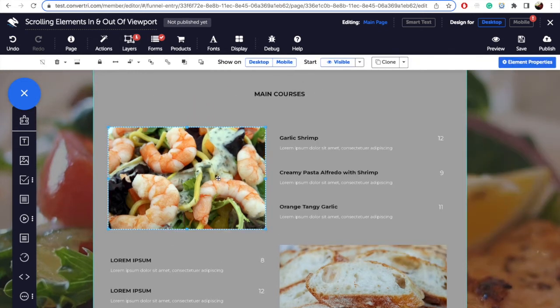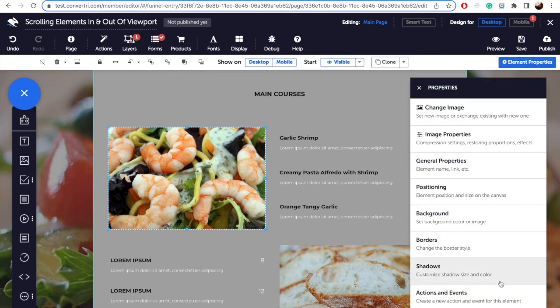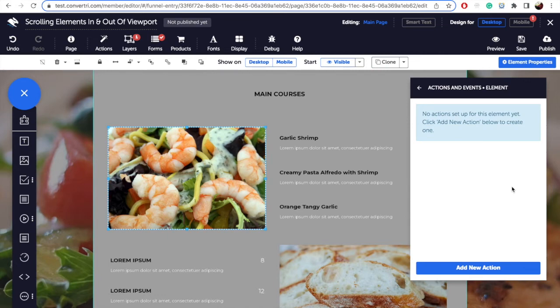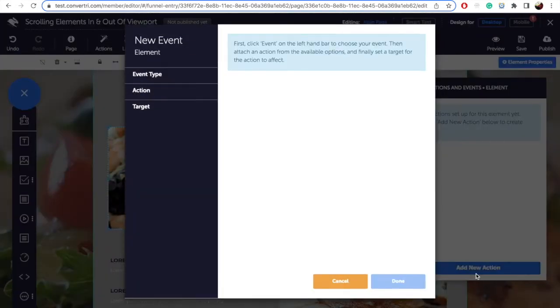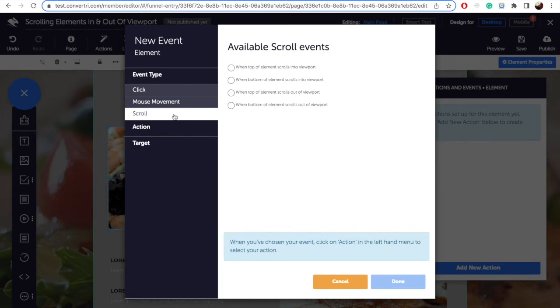With the image selected, open the Element Properties panel and select Actions and Events. Set the new event as follows. Event type, scroll, select when bottom of element scrolls into Viewport. You can also choose when top of element scrolls into Viewport, but we'll choose this one for now. Action,